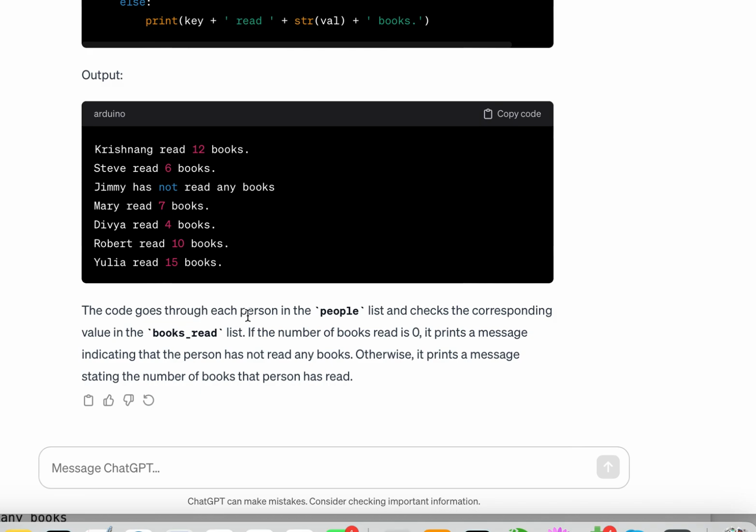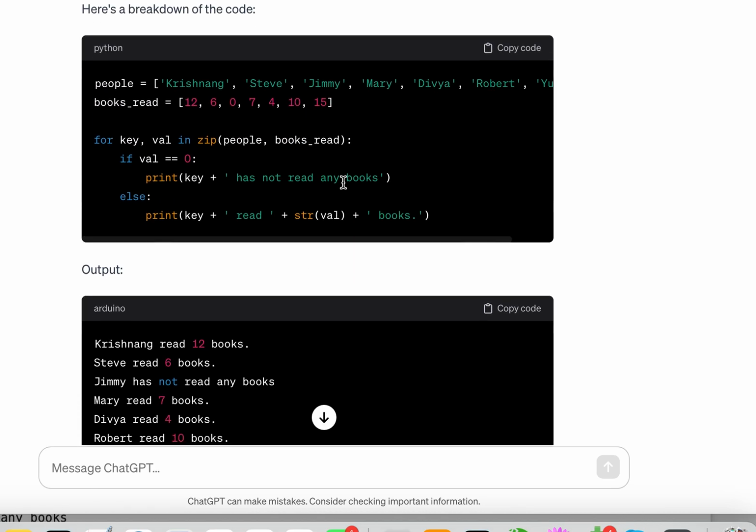This code goes through each person in the people list and checks the corresponding value in the books read list. If the number of books read is 0, it prints a message indicating that the person has not read any books. Otherwise, it prints a message stating the number of books the person has read, whatever the value